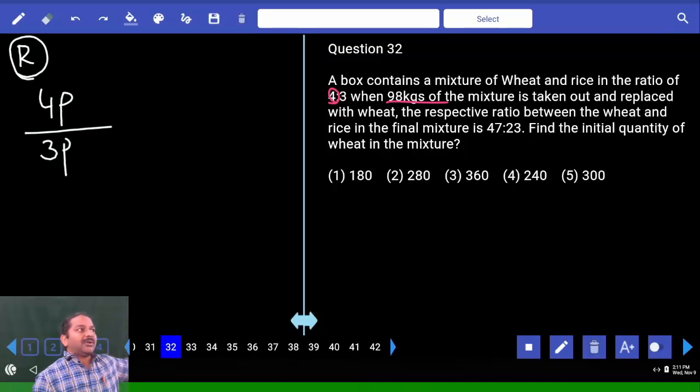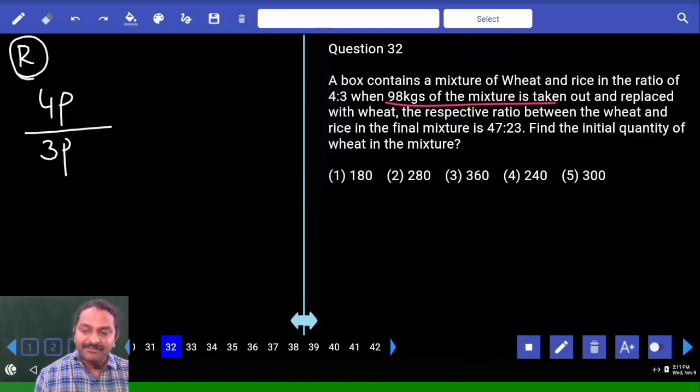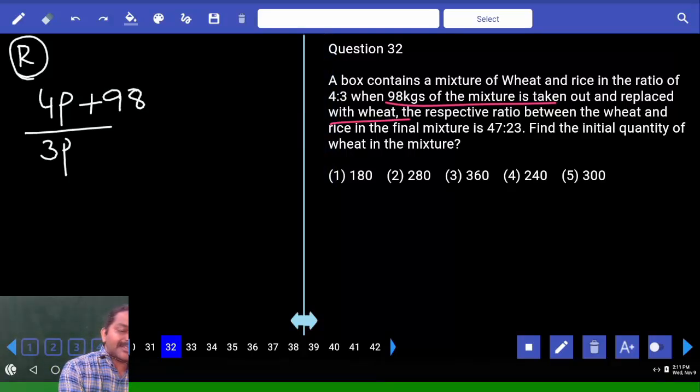So what is the total remaining quantity? 7 parts. What is the total quantity? 7 parts plus 98. Now 98 kgs of mixture is taken out and replaced with wheat, so 98 kgs of wheat is added, and finally it becomes